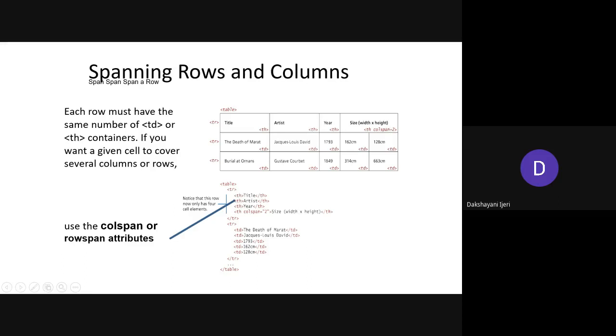So you can see in this example, start with the table, start with the tr. For the first cell you don't have any merging, it is a simple heading cell, for which you use th followed by the text and close that th. The next is the same case, a simple heading text in th, and the third also th. But in this last cell you want to merge the two cells, so make sure you use the column span or row span attribute only on that th or td wherever you want to do that. So for that, first concentrate on the table where you need to do that.